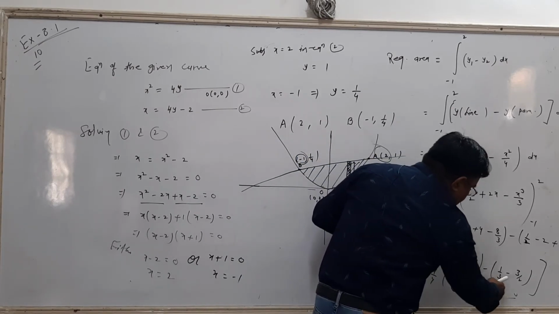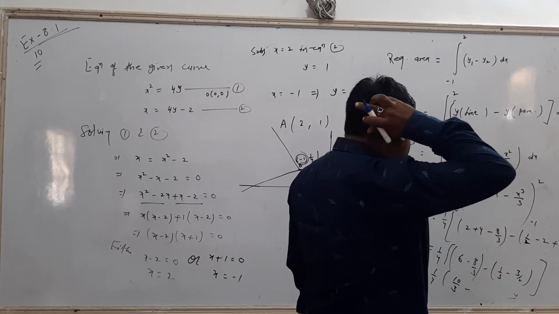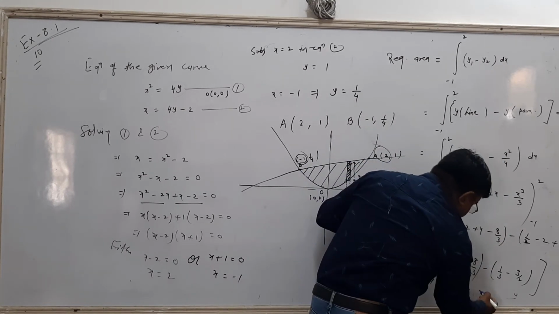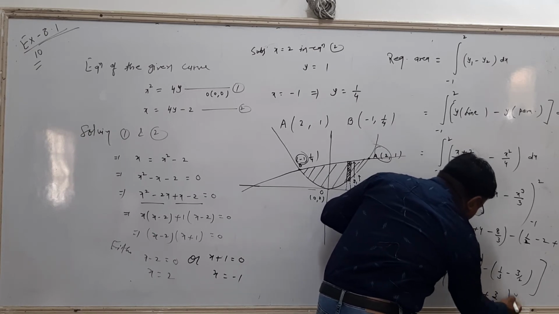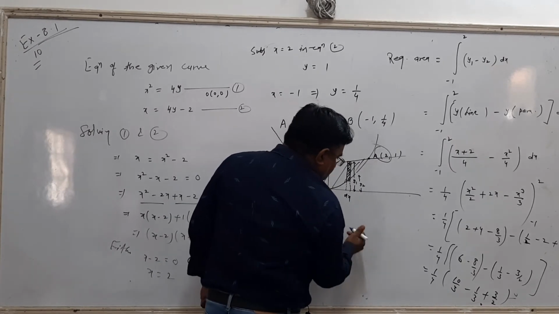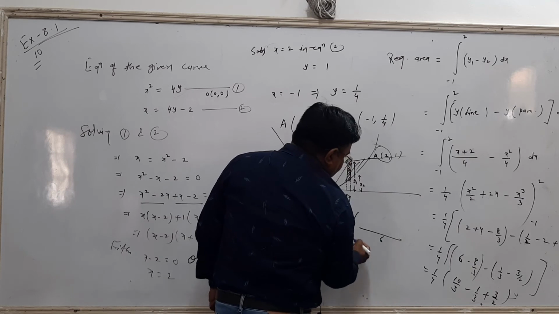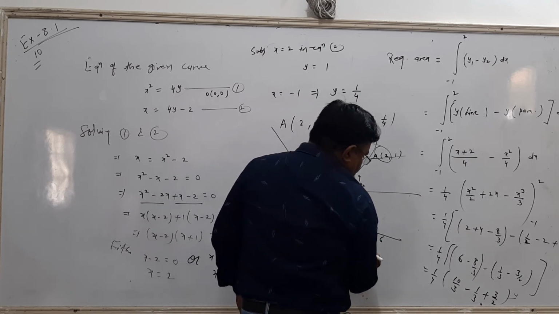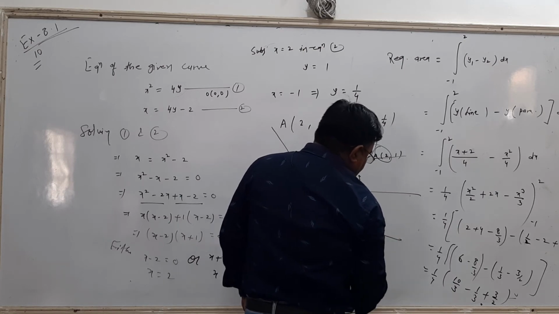Minus 3, or 1 by 2 minus half, minus 3 by 2 and 1 by 3 as it is. Now that is 1 minus 1 by 3, minus minus plus 3 by 2. Correct? And now the LCM of 3 and 2, that is 6. Then with LCM 6, 3 2s are 6, 10 2s are 20. Right? 3 2s are 6.